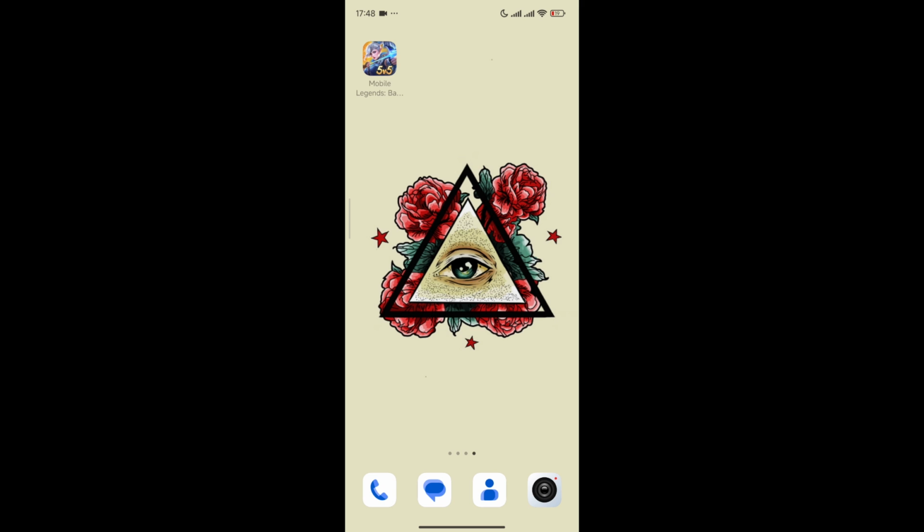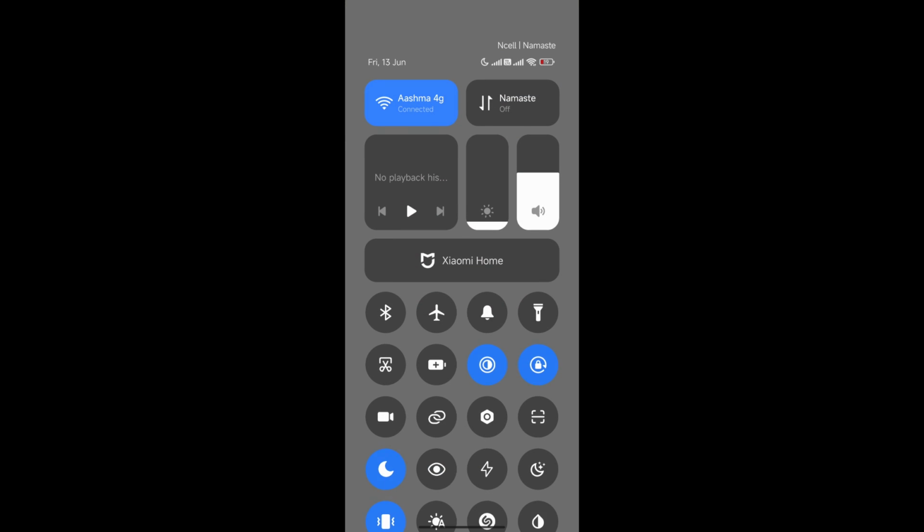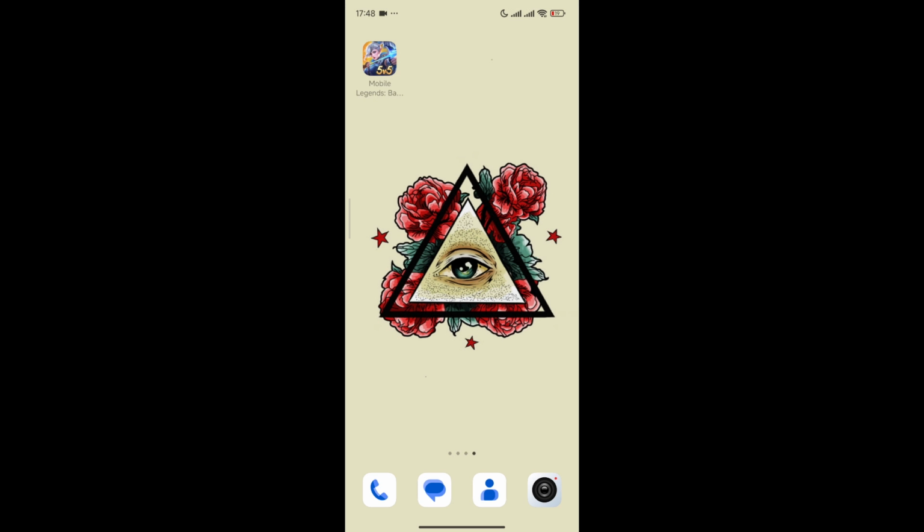Now, first things first, simply make sure you have the correct data on. If you don't, make sure to swap it, or you can just reset it as well. Now, next thing, you can just simply restart your application or your device itself. Sometimes it could be a faulty software or the app itself. So if it still doesn't work, you can just simply hold down your Mobile Legends application and head towards its